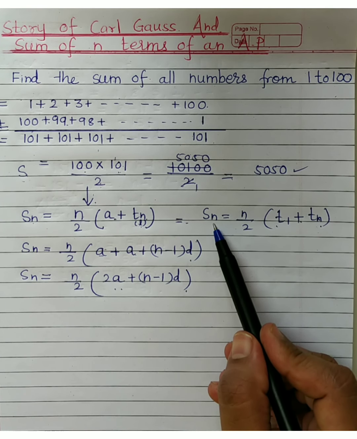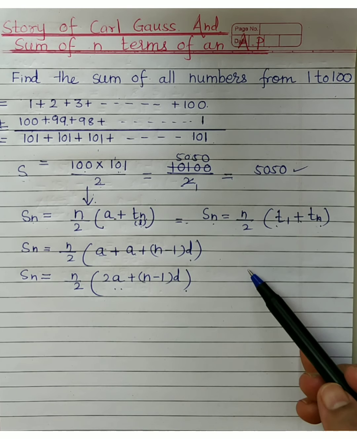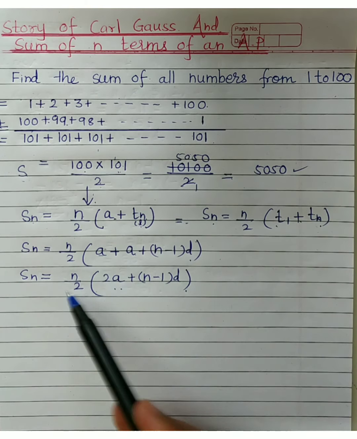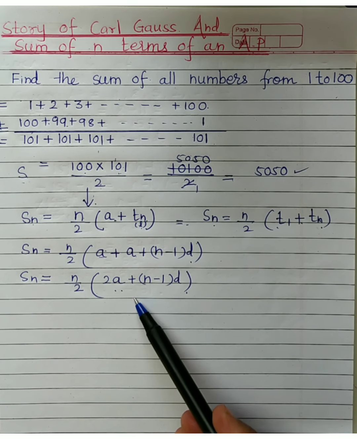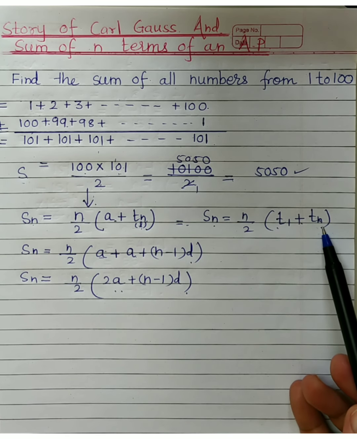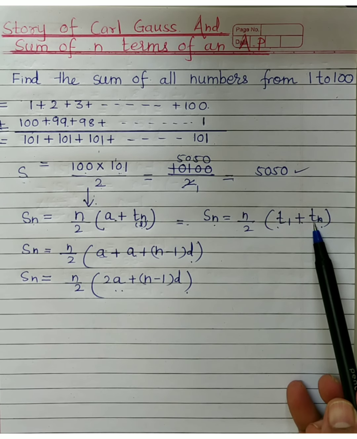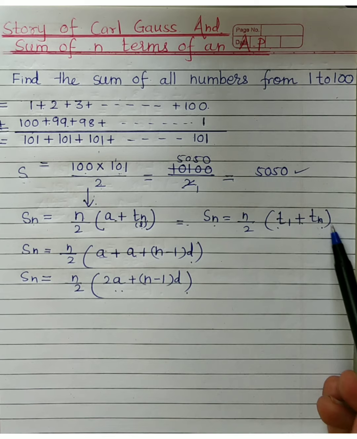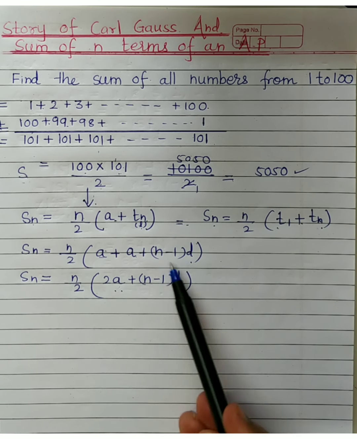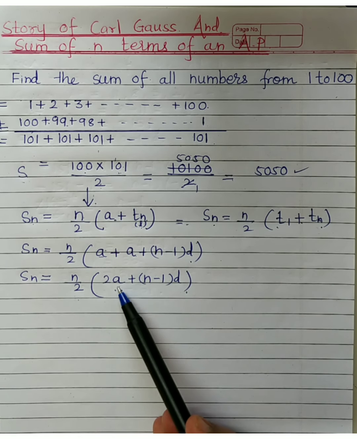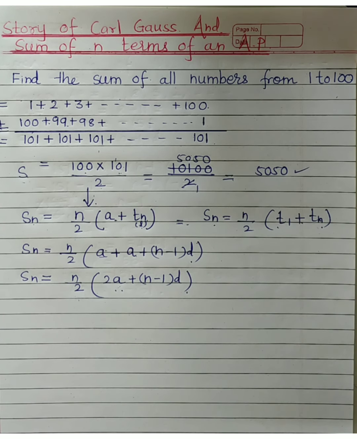That is the next part we are going to study. We have learned whether the given sequence is an AP or not, and how to find its nth term. In the next part, how to find the sum of n terms of an AP. And we can use two formulae. If we know the first term, the last term, and how many terms are there in that AP, we can directly find their sum. If we do not know the last term, but we know the first term, the common difference and the value of n, we can use the formula n by 2, 2a plus n minus 1 into d. Learn both the formulae properly.